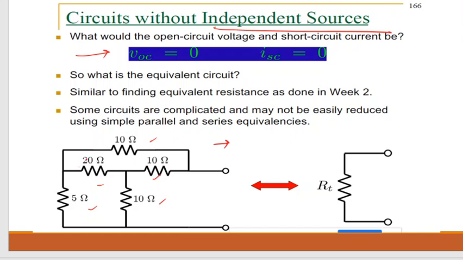Actually, like that, judge that these are in parallel. Whenever working in parallel,